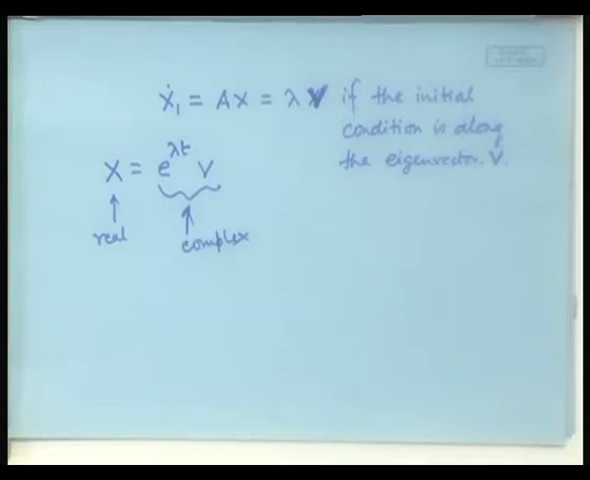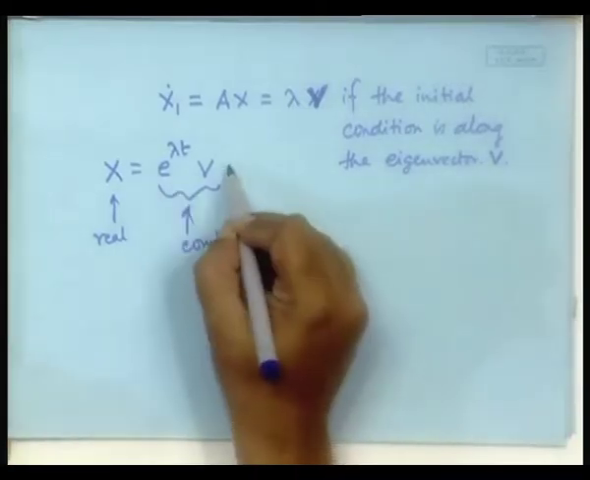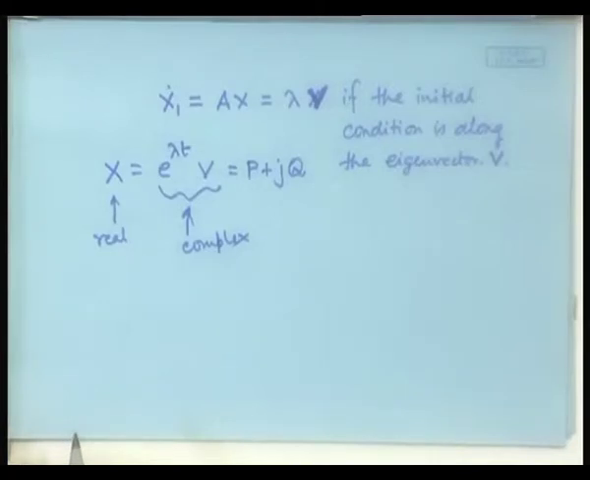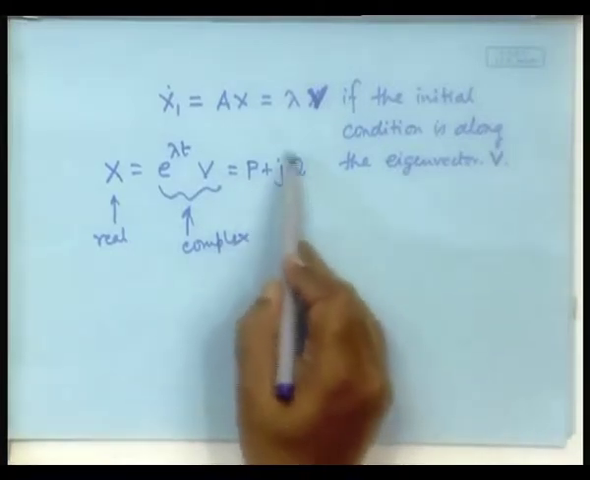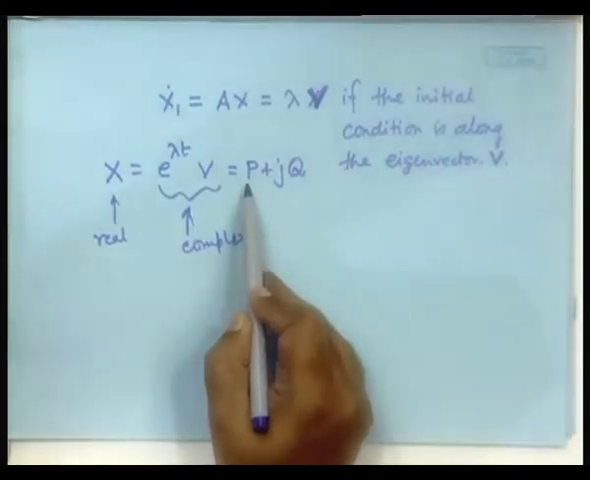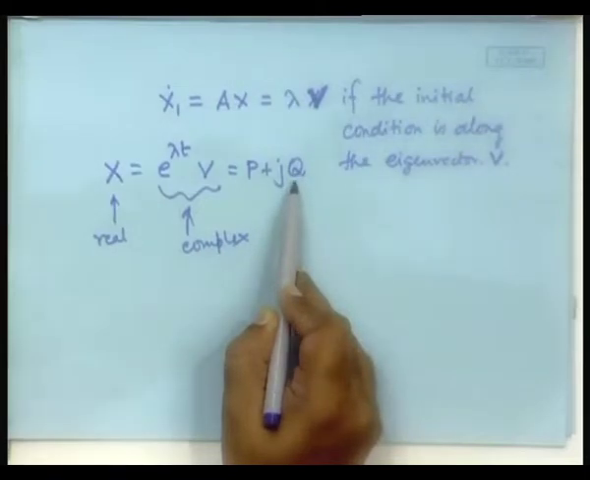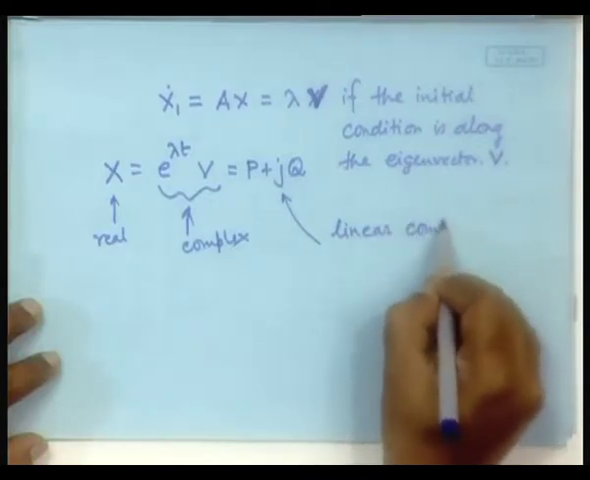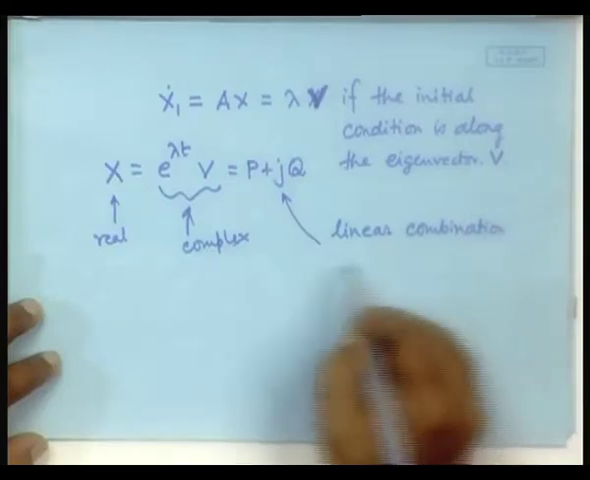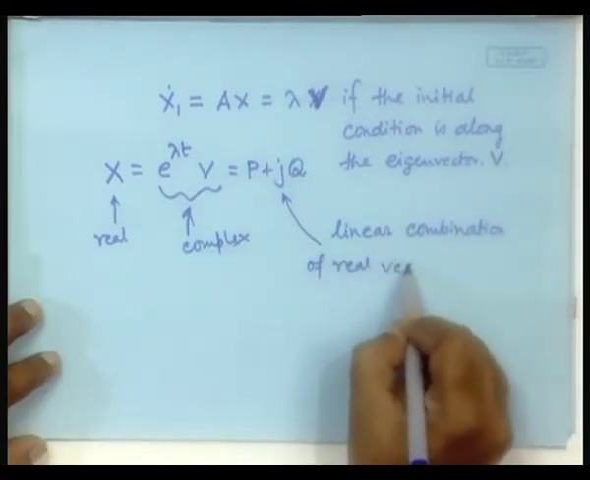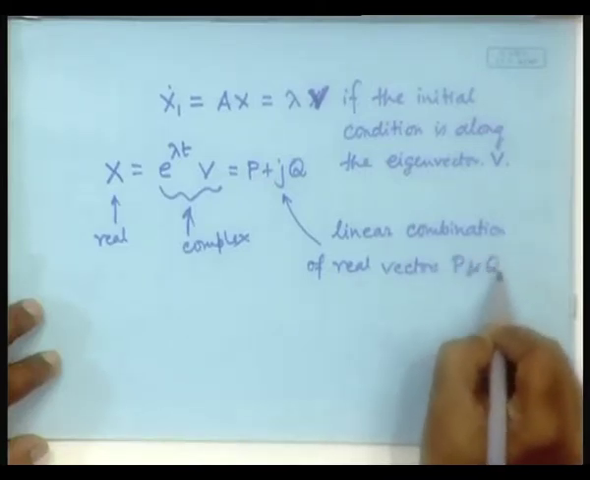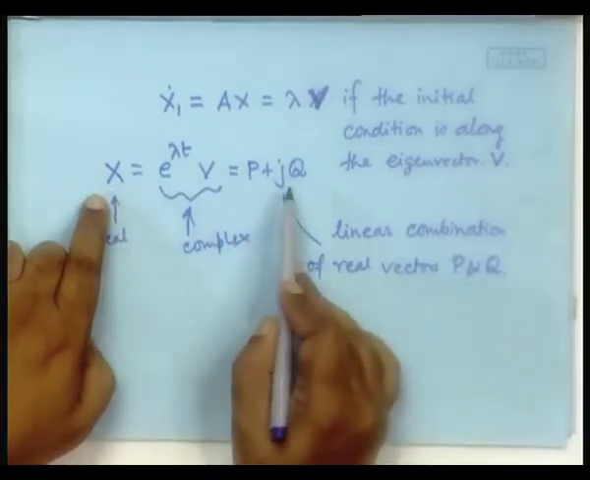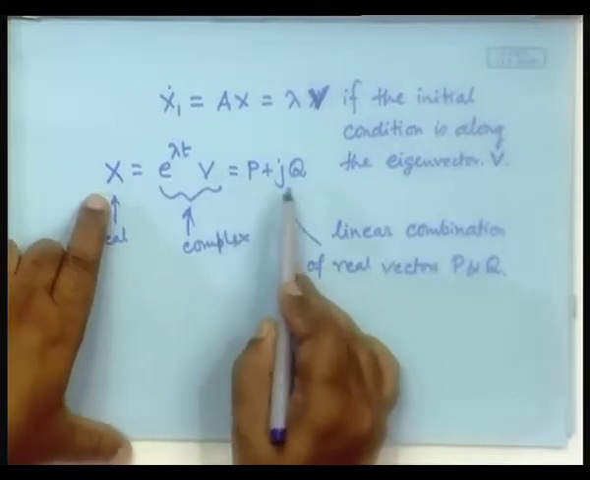Good. So, there is a problem. No, that is not a big problem, because this can always be expressed as p plus jq. If that is expressed, then notice that this is a linear combination of a real vector p and a real vector q. So, this is a linear combination of real vectors p and q. So, x, a solution, is a linear combination of the real vector p and the real vector q,